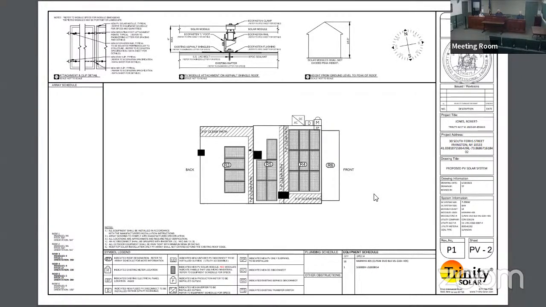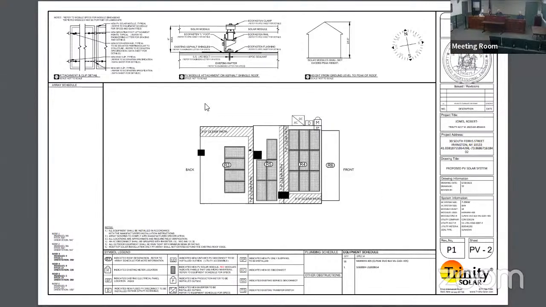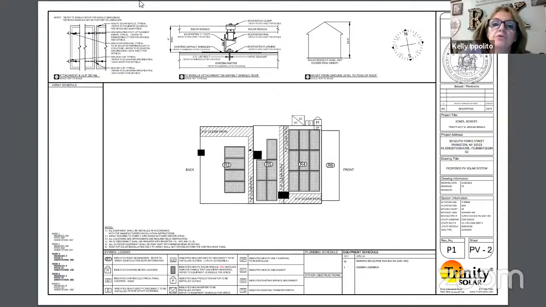The first comment I make when I look at these things is because it's a pitched roof, it can be no higher than 6 inches above the roof surface. And you've shown in one of your, I think it might even be that one, right above. You want to zoom into that one up top? Oh, yeah, hang on a second. Let me zoom. Please hold.